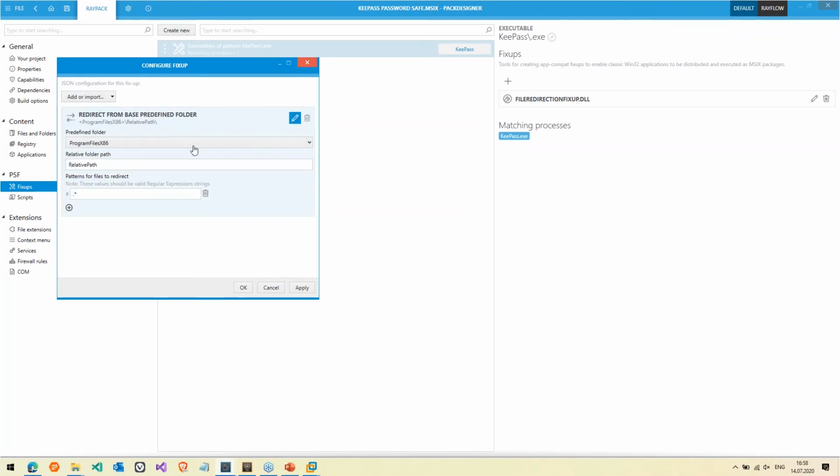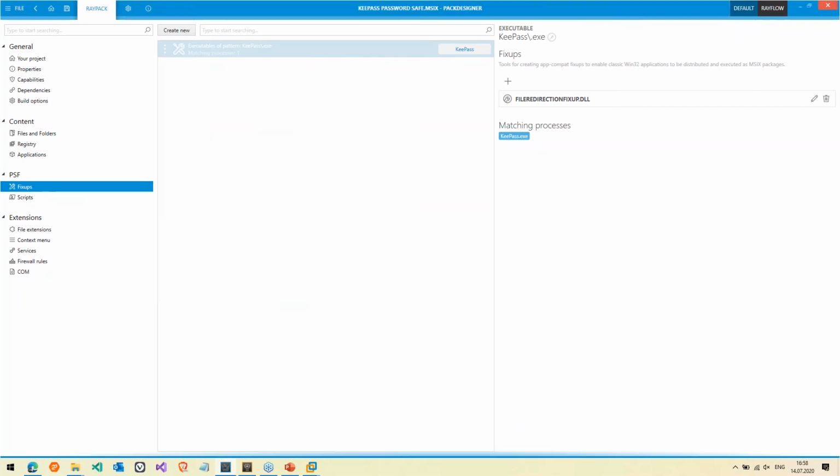Let's just define something. It doesn't matter really what, but I wanted to show later how this is converted and where to look for it in the actual MSI project. So just taking something like that. Yeah, so that's how we manage fixups, and in 6.3 it's just much easier because we took this from the